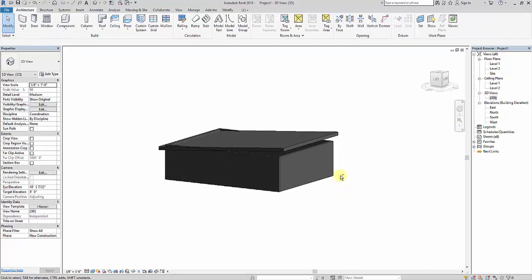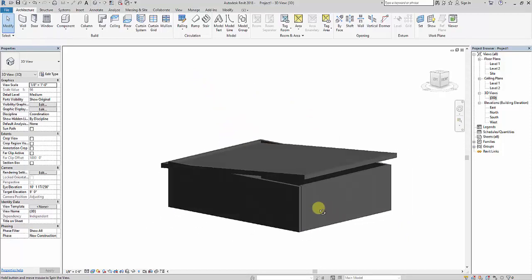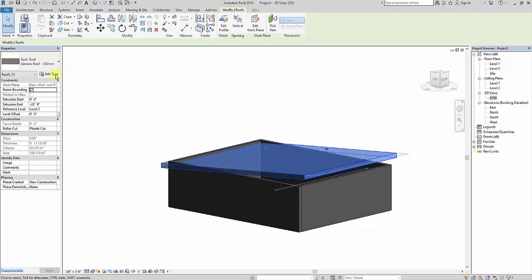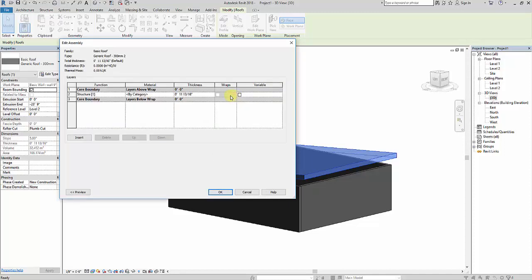The very first thing is let me change the thickness of the roof. I have already told you the procedure to change the thickness of the roof and to add material. It is the same as we do for roof by footprint. I'll select the roof, click Edit Type, click Duplicate if I have used more than one roof. You can give the roof name whatever you want. Just click OK and click Edit.